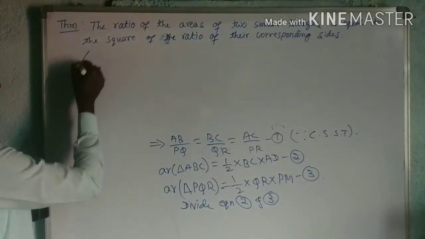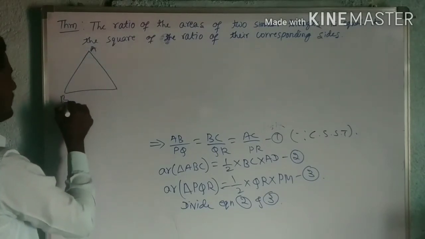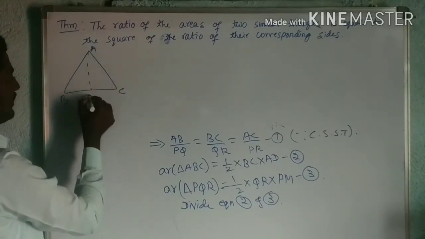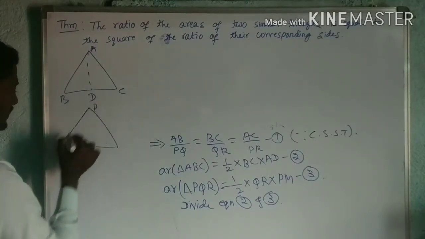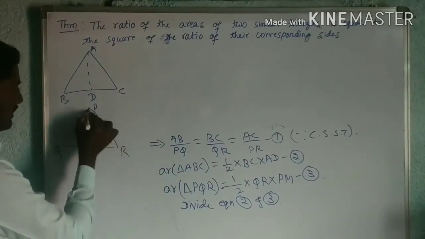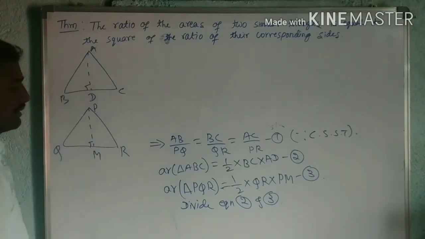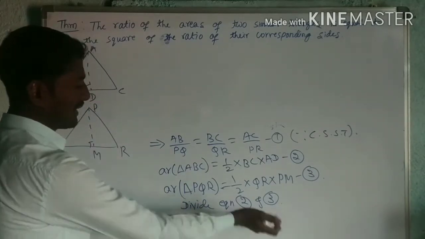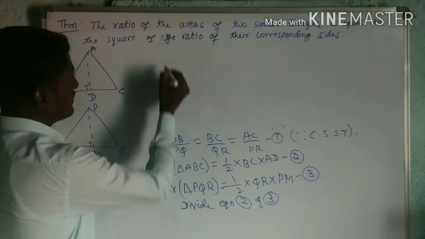So these small diagrams I will draw. ABC, in which I have taken altitude AD, and another one, PQR, in which I have taken altitude PM. These are perpendicular. Now we have to divide equation 2 and 3. So that is area of